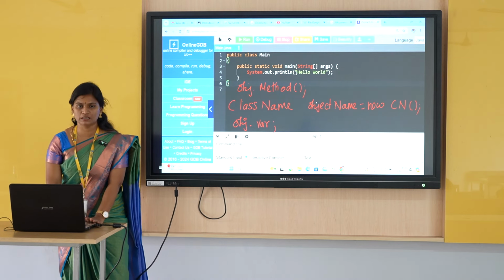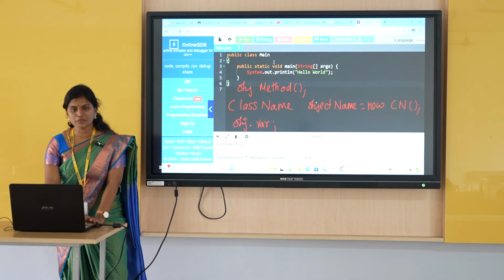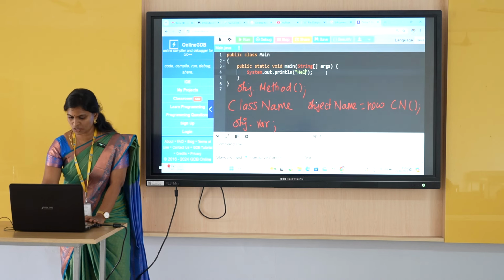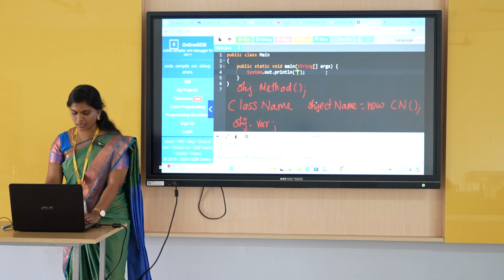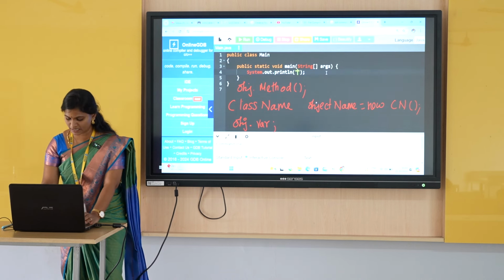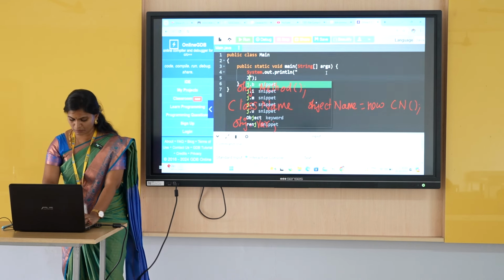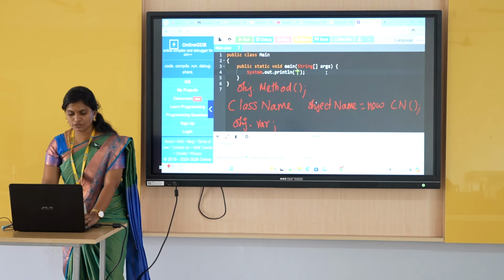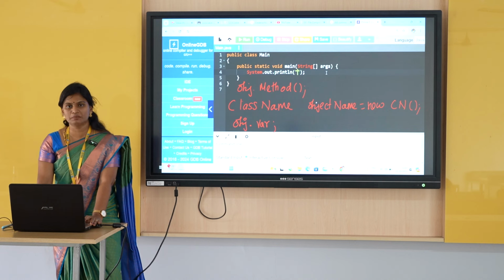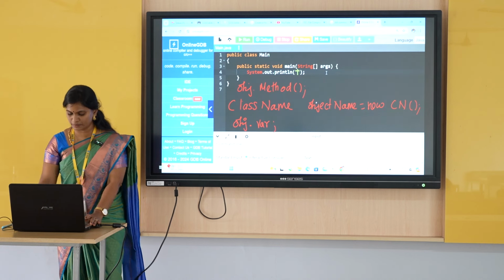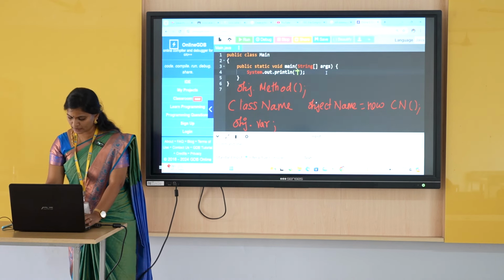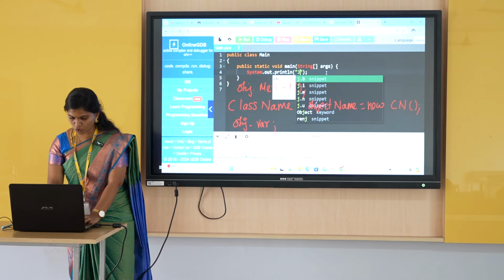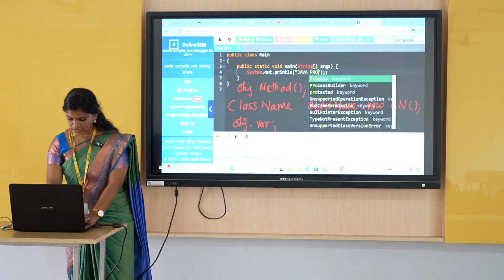First we will see a simple Java program, how to display a message by using Java programming. Suppose I want to display the message Java programming. You have to use the output statement System.out.println method. What data you want, you can pass directly. So here I'm going to print Java programming.